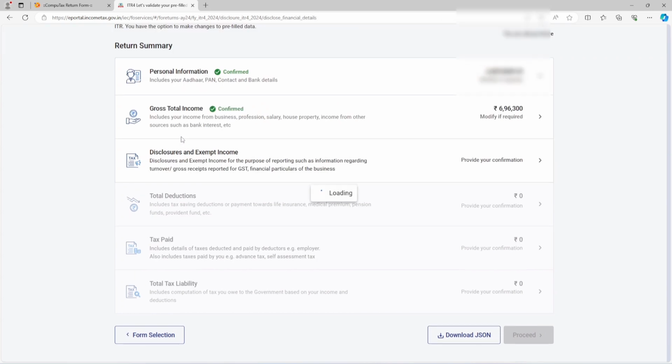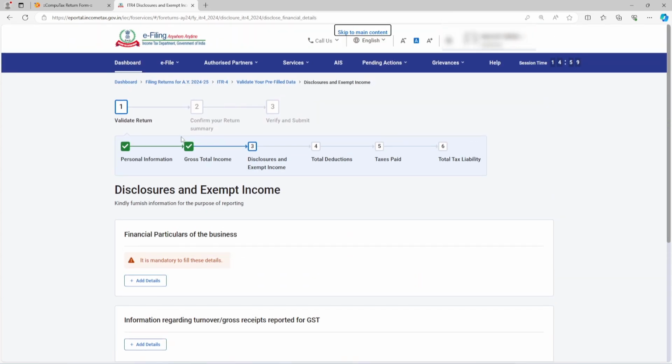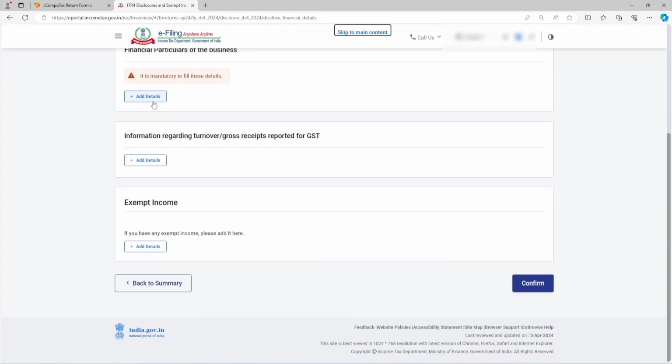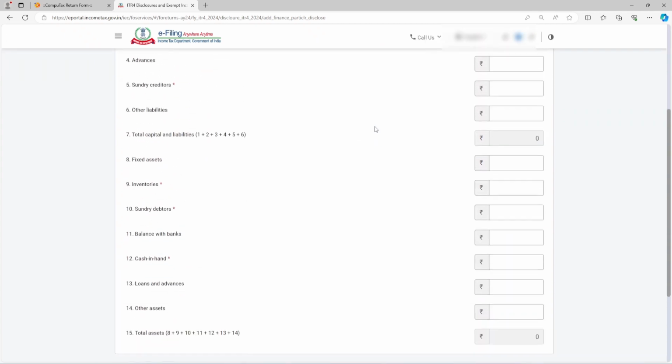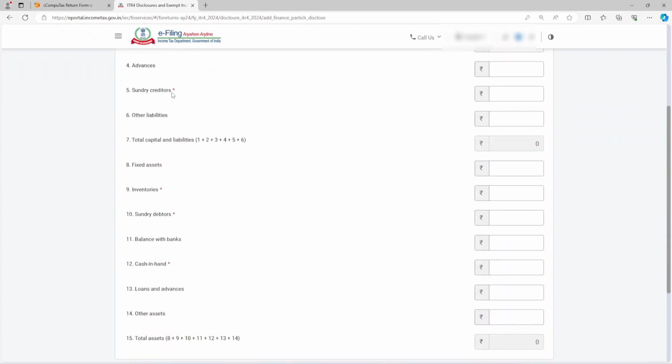Now disclosure and exempt income. As you know, if you are having any business income, then you must maintain some information, and here add financial particulars of the business. A balance sheet type format came here, and it is asking for some information that is mandatory, which is marked in red: sundry creditors, inventory, sundry debtors, and cash in hand. If you are having no data, then you can simply input all the information as 0000,